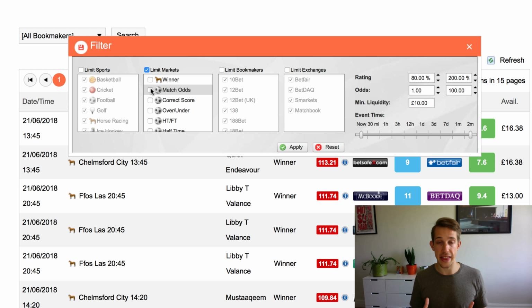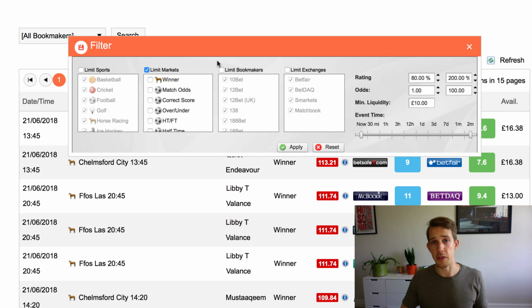But once you understand that concept, it's also important to understand that there are other markets out there that you can use. Firstly, because it gives you a lot more flexibility. If there's not a suitable match odds option, you can go for something else without worrying about it. And secondly, because some offers are only available on certain markets. For example, you quite often get football daily offers that are around the first goal scorer market. So therefore you need to know how to find these and how to match them off correctly.